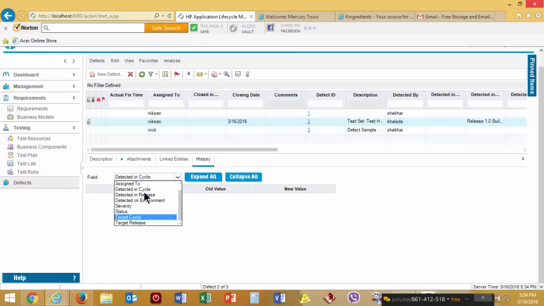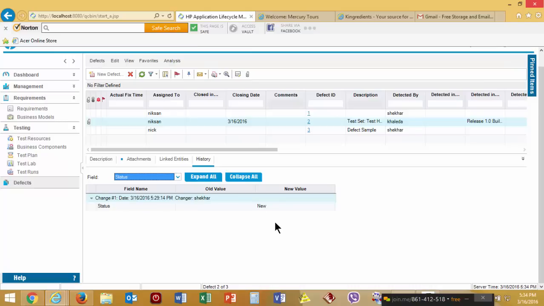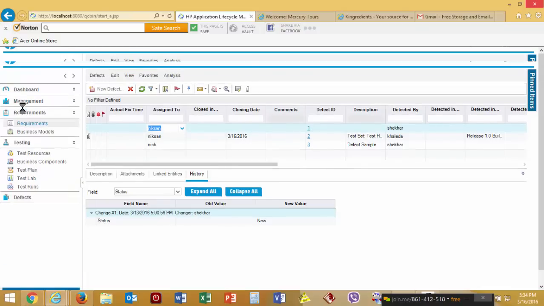Okay, and you can choose what you want to see. Who it is assigned to, what is the status. Status new, status closed, status changed, all of those things can be seen over here in the history. So basically this is what you keep on doing, and basically if you go back and check the links